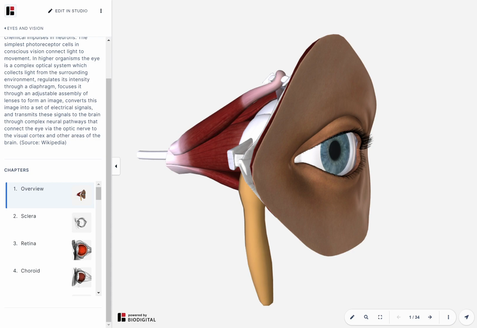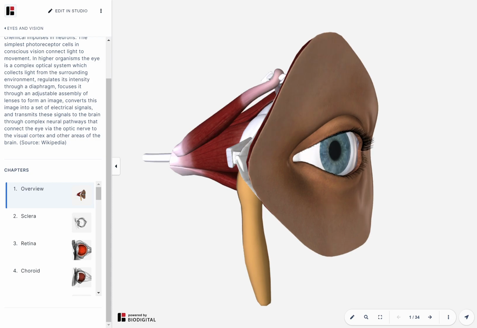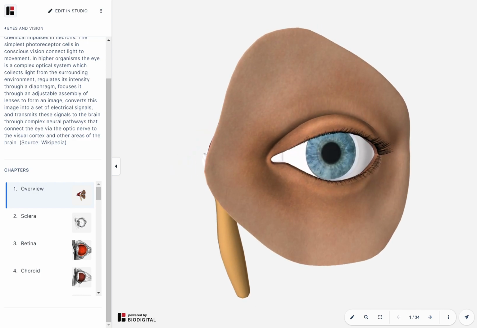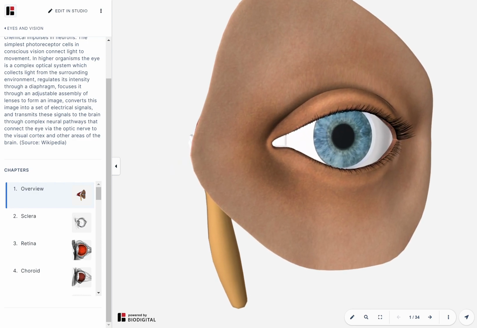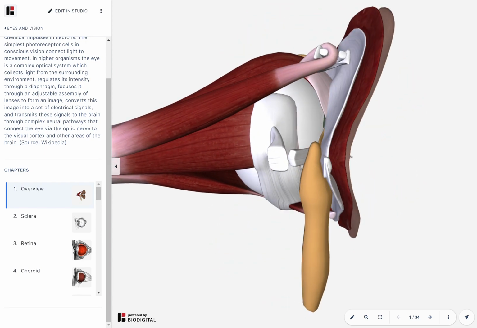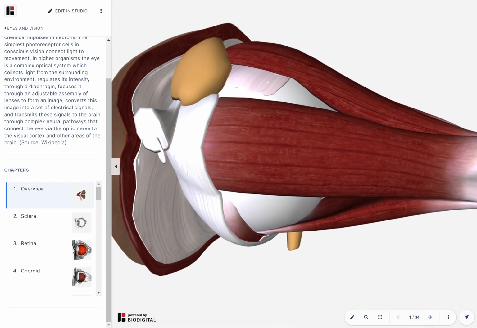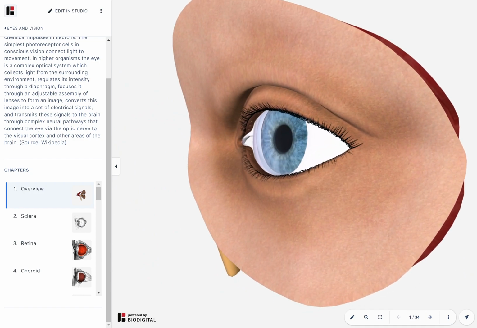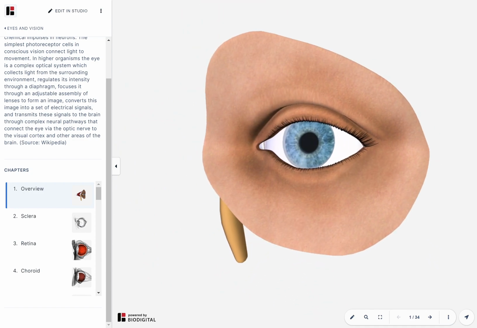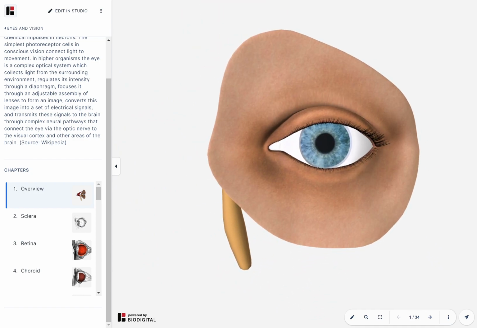I'll be covering the anatomy of the eye in this video. So I would like to do that with the help of this 3D model over here. As you can see, this represents the whole eye and all the components present in the eye. The skull part is not included over here. It's not necessary.